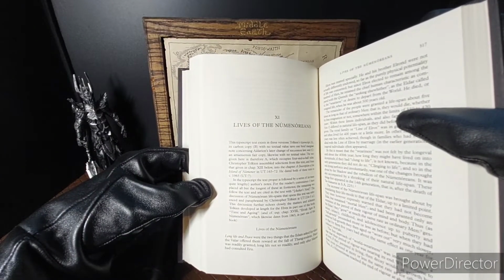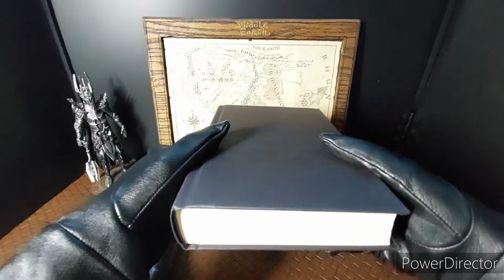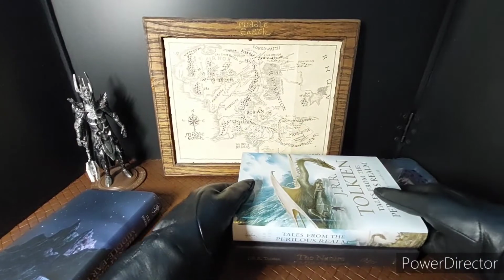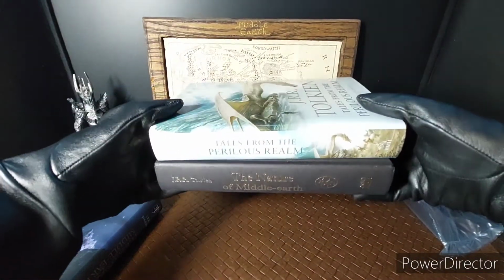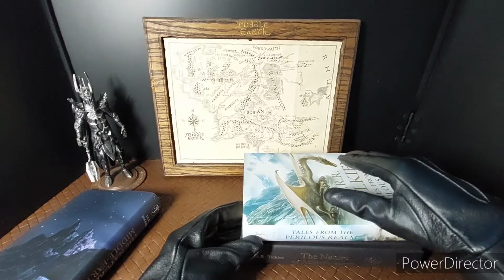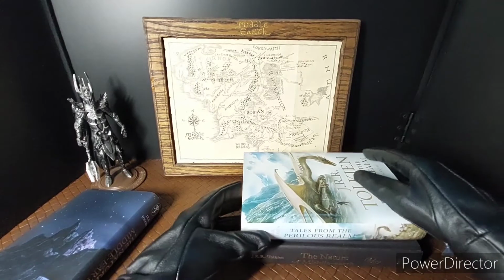Lives of the Númenóreans, Dwellings in Middle-earth. It's a pretty nice book. If you have this book here, Tales from the Perilous Realm, it is actually just about the same size as this one. And it is also the same size as the Children of Húrin, the Fall of Gondolin, and Beren and Lúthien book set that I have. You can check that video out